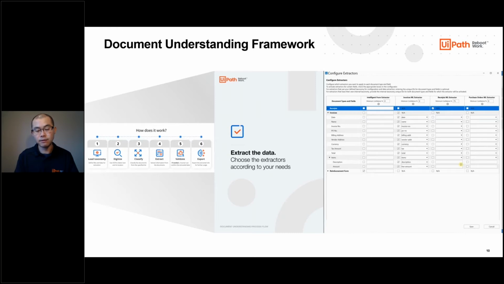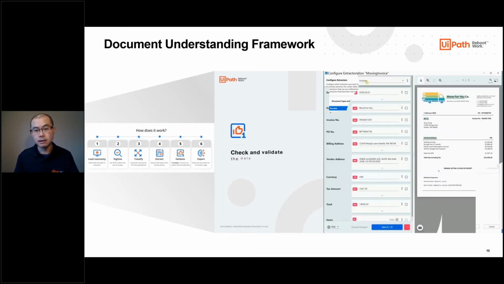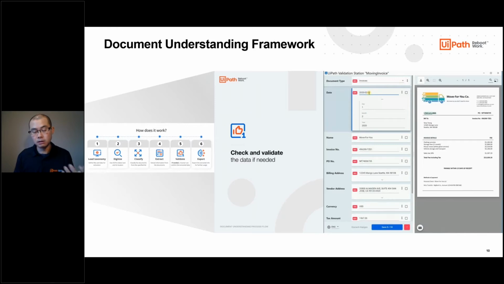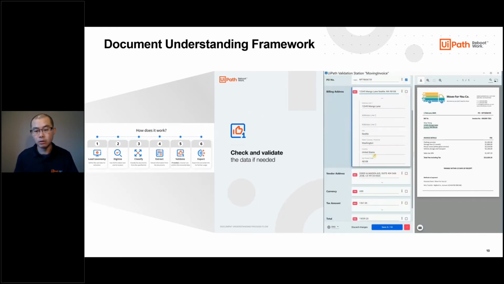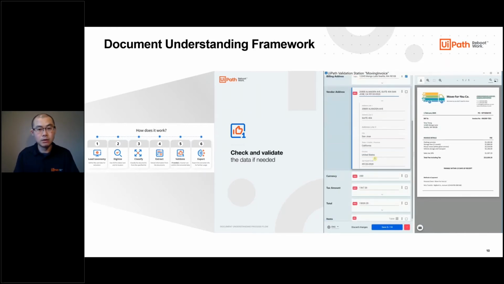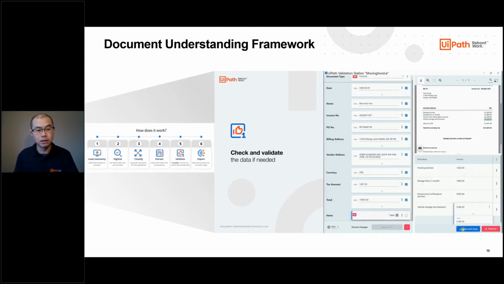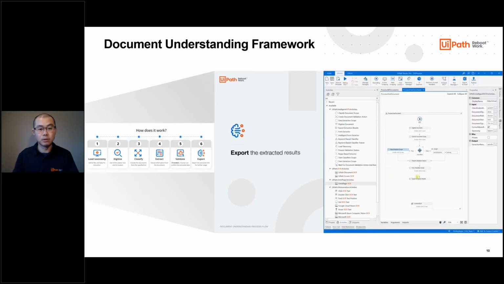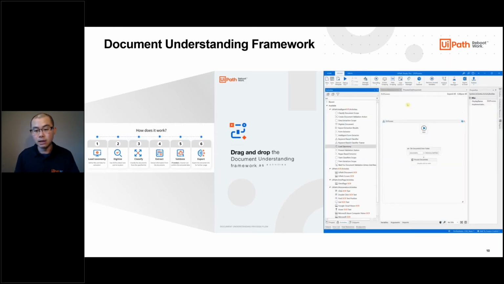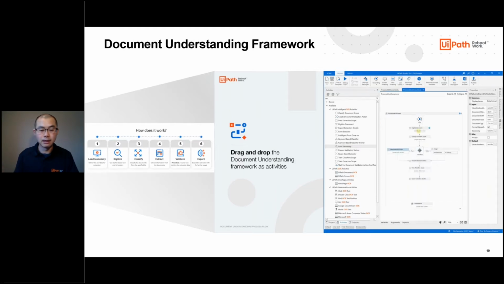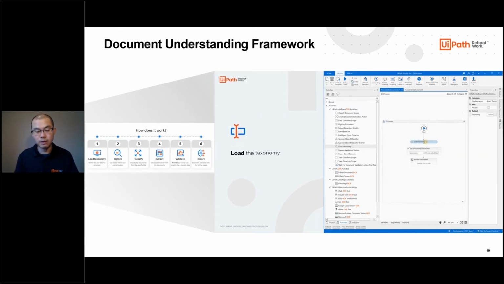So if you have one specific field for one document type that can be well defined using something very simple, like it's a fixed location on the document, or it's always in a certain format, then you can use a simple rules-based method to go and extract that piece of information. On the other hand, you may have other fields within that document that rely on more of a machine learning based approach because, for example, that information varies from document to document. The way that it shows up varies, the way it's labeled varies.